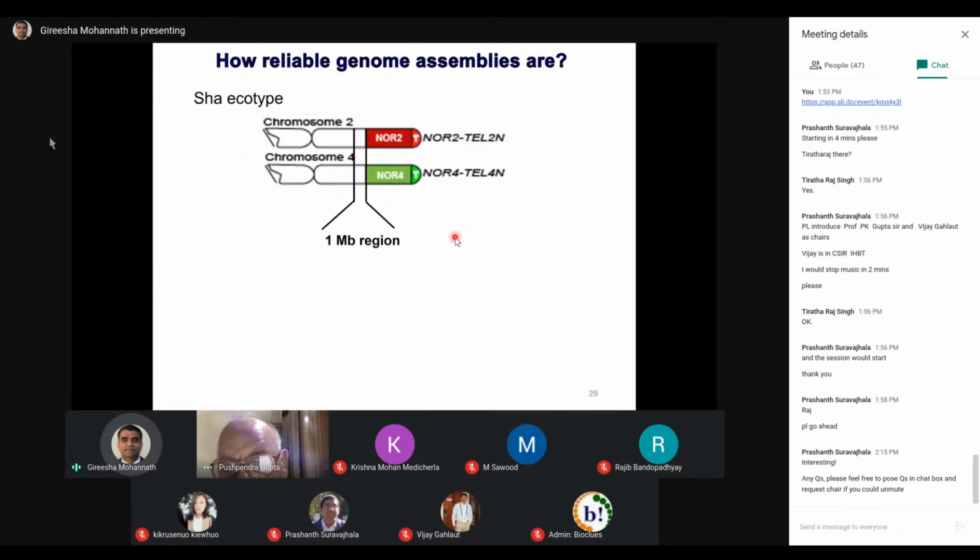We all talk about genome sequences. It has been sequenced, we know the genome sequence, but how reliable are these genome assemblies? I think there are still lots of gaps in many genomes. I think corrections will go on for at least another couple of decades, it looks like. I will share one example with some data. We tried to analyze just a 1 megabase region adjacent to